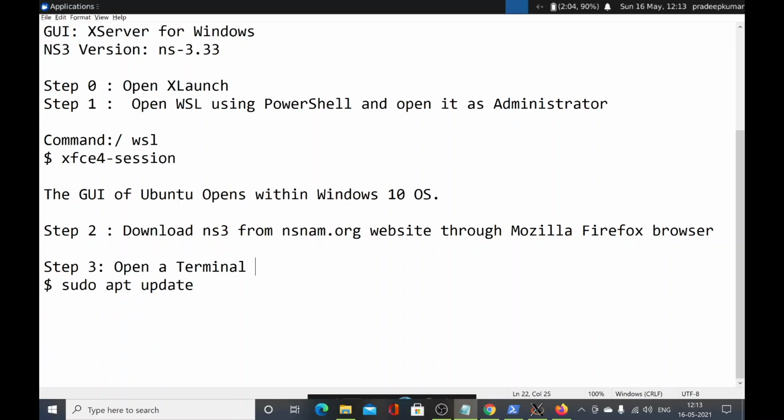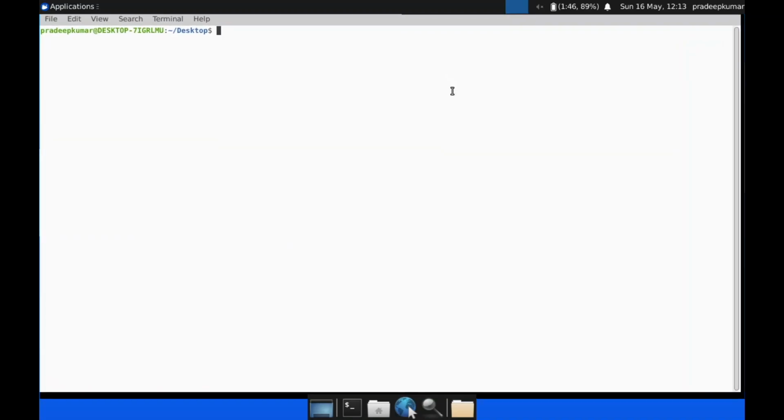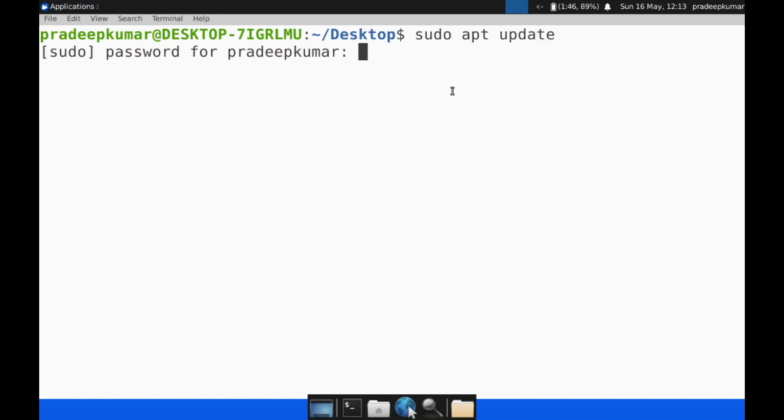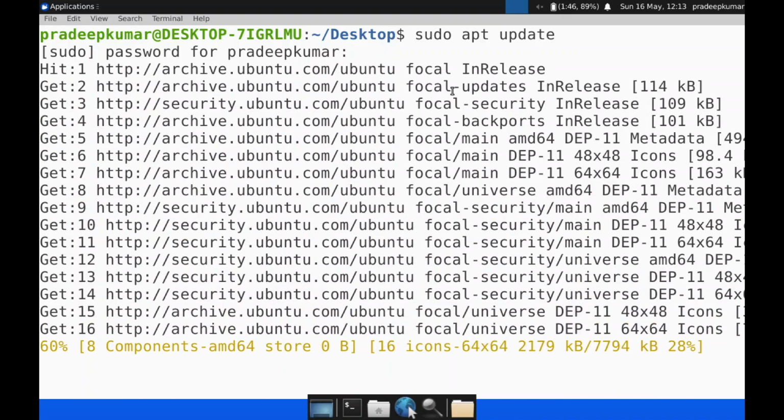From the Ubuntu GUI, right click and open the terminal. In the terminal give the command sudo apt update, which will update the package manager. After that give the password, and the package manager will be updated.